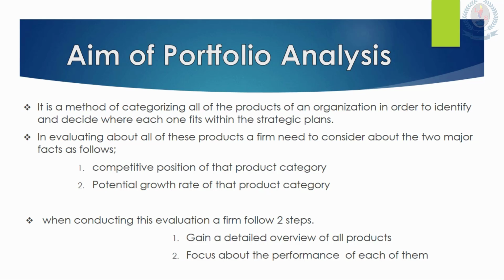Product A may be a food item, product B may be an electric item, C is another type of item, and D is another different type of item. So the sales level and the production cost and the competition for these products within the marketplace and the risk level of these products may differ from one product to another. So the performance can be